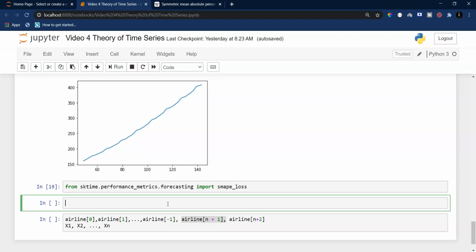Those 2 values, when I feed this particular formula, we get a single value, and what can we do with that single value? What we can do is we can fit another forecaster and we can compute SMAP loss for that forecaster too, and we can compare those two SMAP losses, and from those losses we can see which loss is minimum, and we can decide which forecasting was actually better.